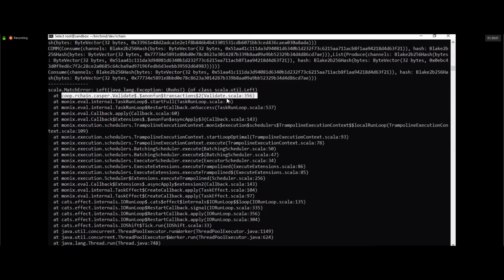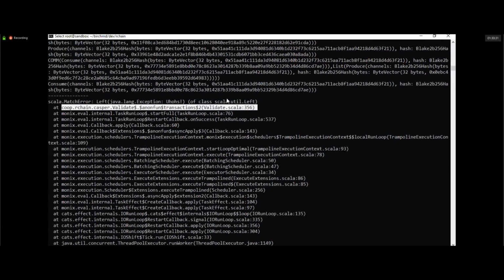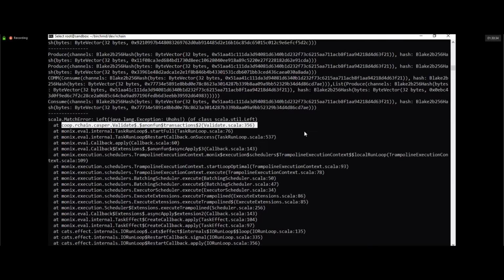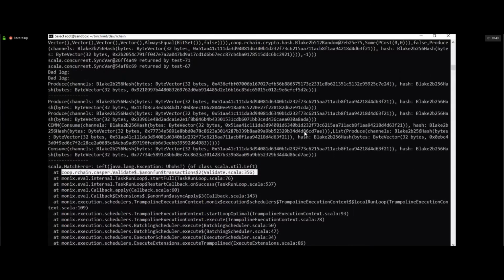Okay, but I think you've got a lot of data now. The non-determinism just has to do with the fact that you're getting the deployment from the other node. It doesn't matter what it is, right? It's just the fact that you've got a Rholang term together with another deployment. That's right, yes, and that is good information. It still points to something having to do with concurrent modification, but we'll see what I find.